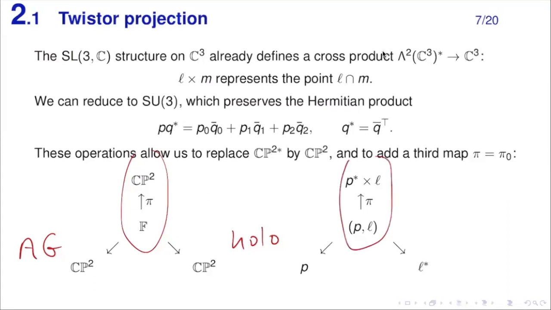So perhaps it would be more logical, since this is pi1, this is pi2, to call pi what I call pi, this new one, pi0, but it doesn't matter. Here the other thing to note is this has now become actually CP2, not CP2 star. I don't need the dual anymore because I can use this transpose conjugate to convert. That's why this is L star and not L. So there might be a bit of confusion there, but